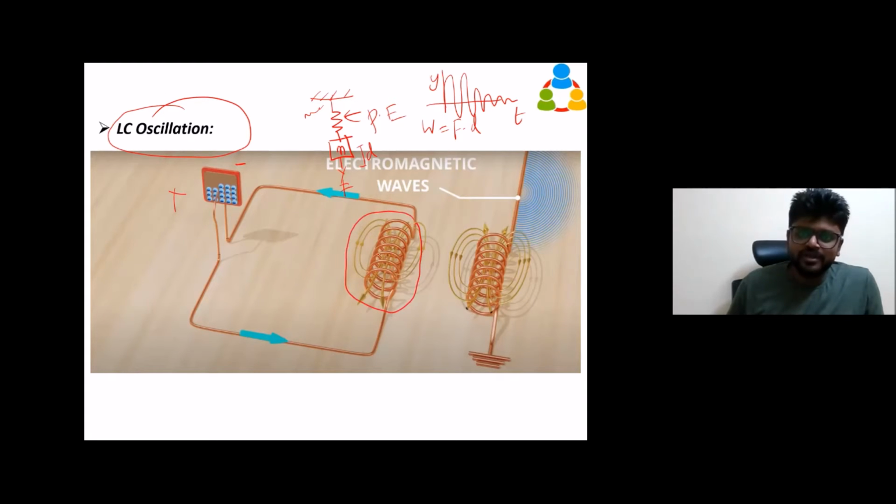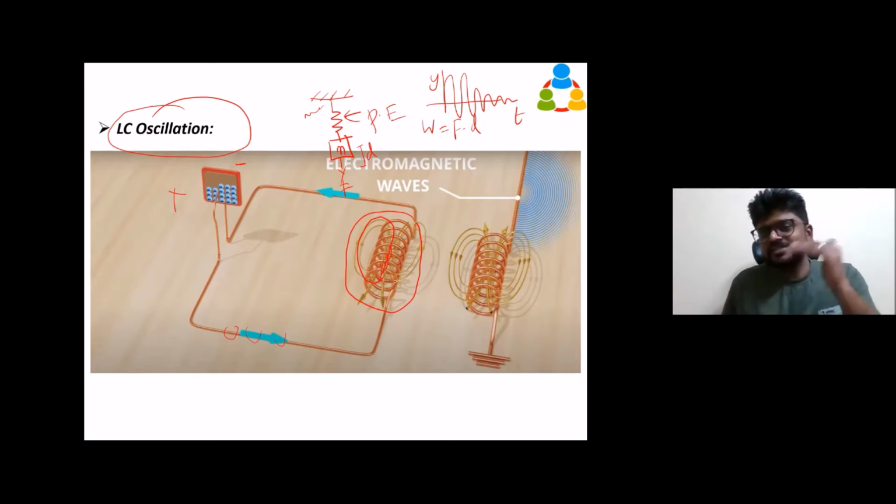When it is going through the coil, what happens? It increases the magnetic field. You can ask me, what about the magnetic field in this wire? Here also the magnetic field will be there. But since the coil acts like a bar magnet, all the magnetic fields are joined, so it will become a huge magnetic flux. When we make a coil, all these magnetic fields around the coil join and become a huge magnetic line. So when the electron is moving from higher potential to lower potential, the current is increasing. When the current is increasing, the magnetic field around this coil is increasing.